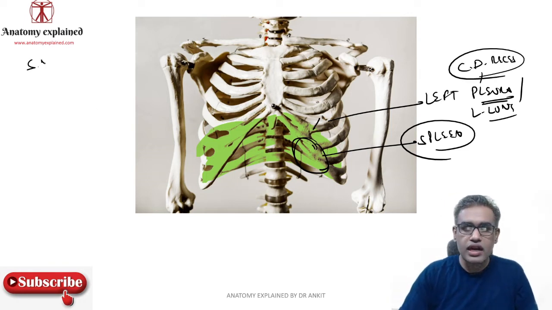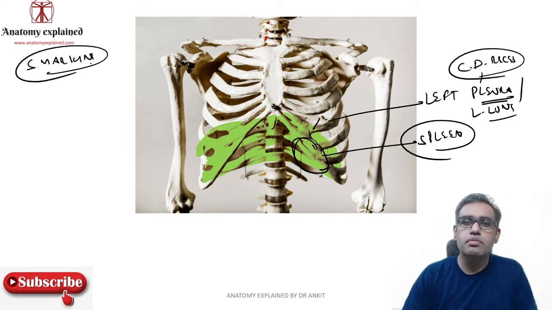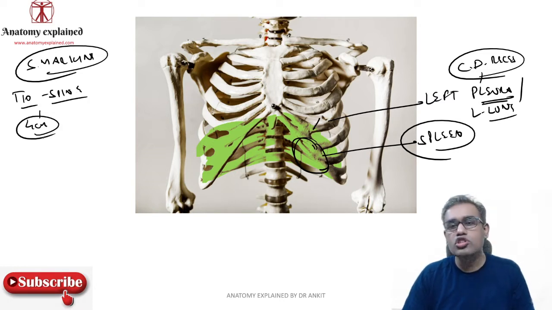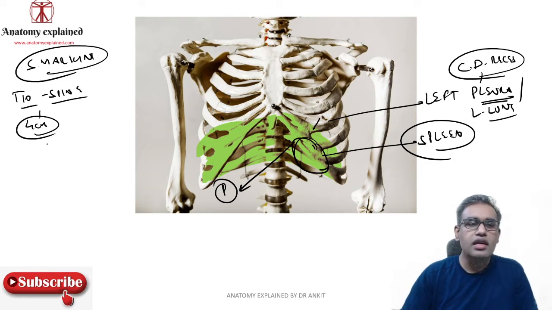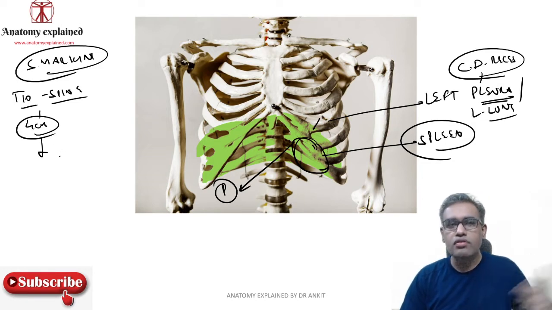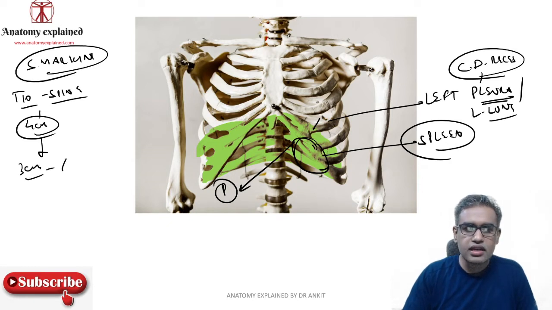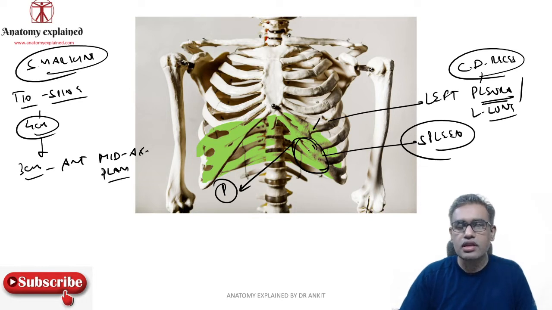If you talk about the surface marking of the spleen, that is also very important. The spleen is lying mainly on the posterior lateral side. So for the surface marking, if you feel the spine of the T10 thoracic vertebra, it is 4 centimeter lateral to it, the most posterior pole, the posterior pole over here. 4 centimeter lateral to the T10 spine, and then it goes laterally and forwards. It may reach around 3 centimeter anterior to the mid axillary plane on the left side.